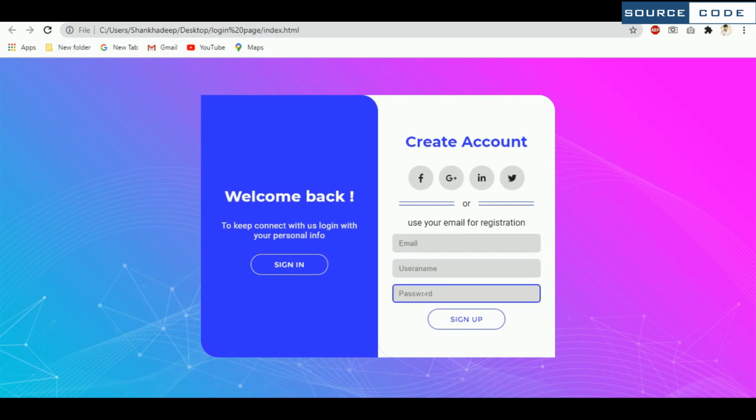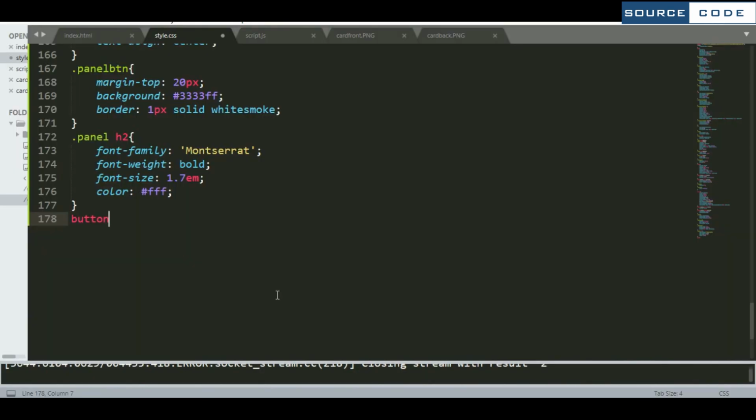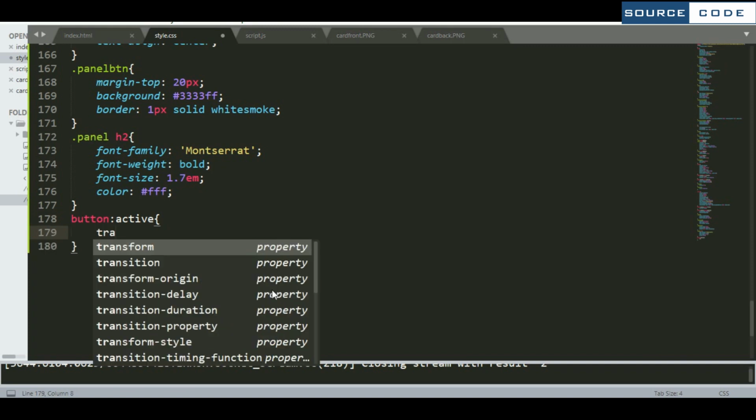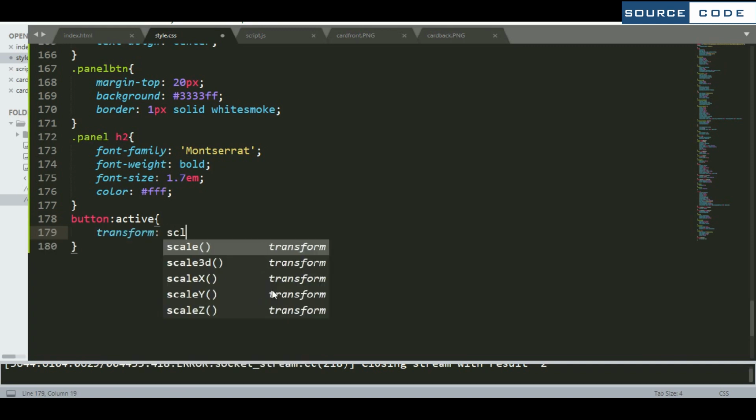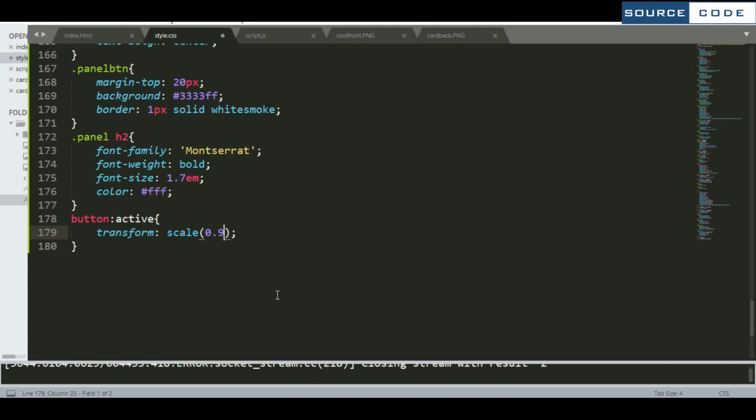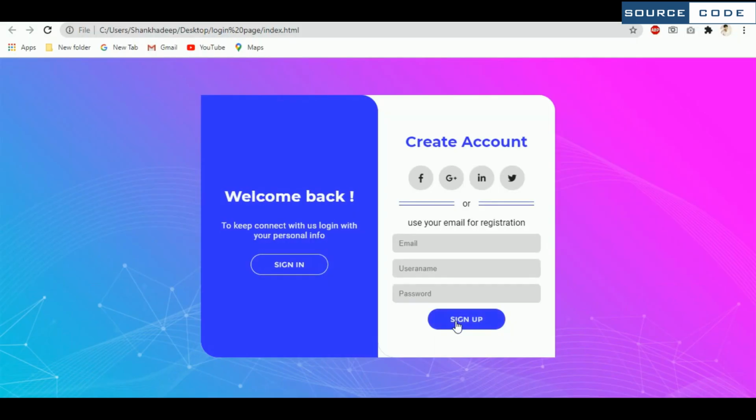As you can see that when I take the mouse on each of them, it shows a hover effect. So now we are going to add some effect to this button. So come to the style part again. So we need to define a transform here. So I am taking a transform as scale 0.95. Now let me show the result. So if I click here, it shows an effect. As you can see that it really looks like a button.